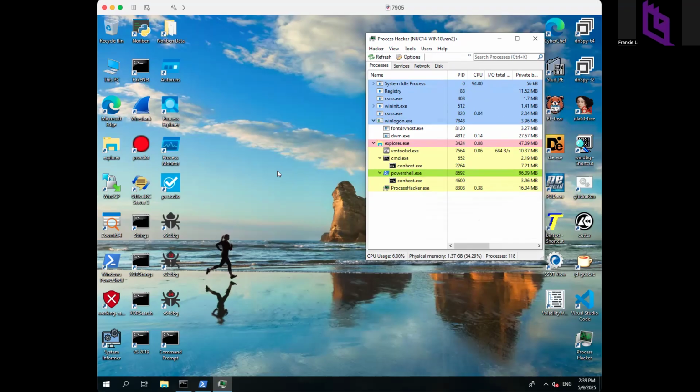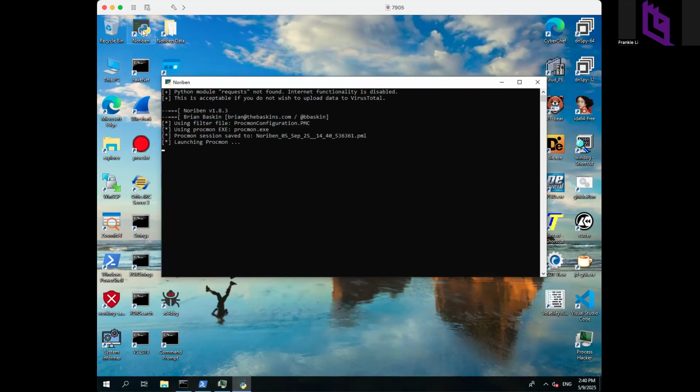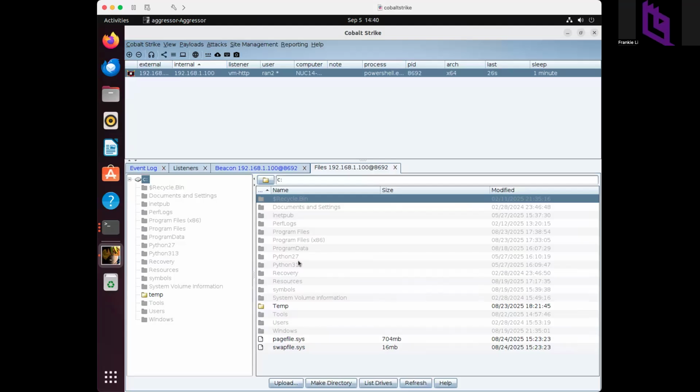Let me do some more things in the Cobalt Strike, and I kickstart the system monitor. If that is the case, I may be able to capture something that is interesting for my class. So I'm lazy. I just turn on the Nano Bin and then I go back to my Cobalt Strike team. Okay, I go back right here. Let me do one thing. How about I spawn, I create another version of the